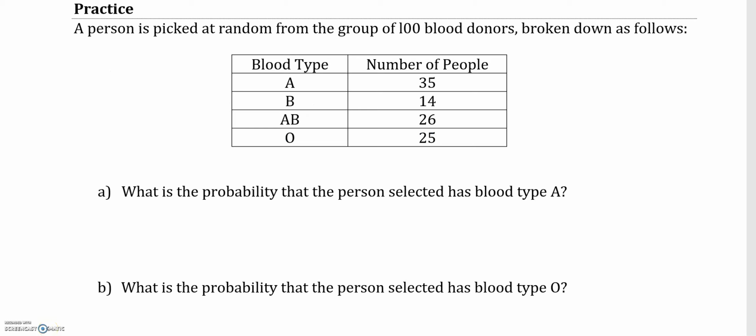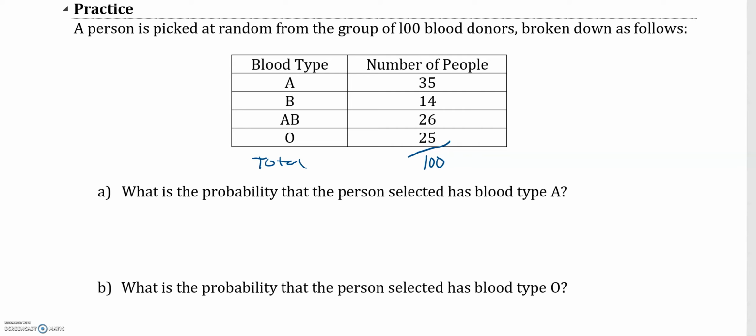Now we have a practice problem. So a person is picked at random from a group of 100 blood donors, and we've broken down the blood type as follows. So there's 4 different possibilities. You can be A, B, AB, or O, and we can see the number of people that fall into each of those blood types. It's always worth checking that the number of people actually sums to what was given in the question. So we can see if we add up the number of people, there is a total of 100